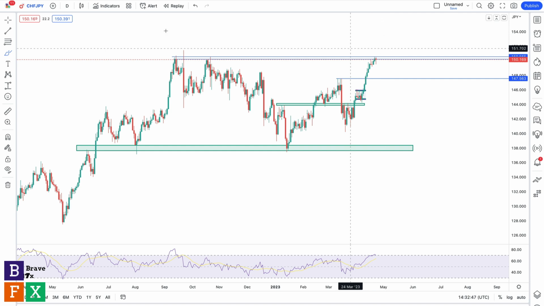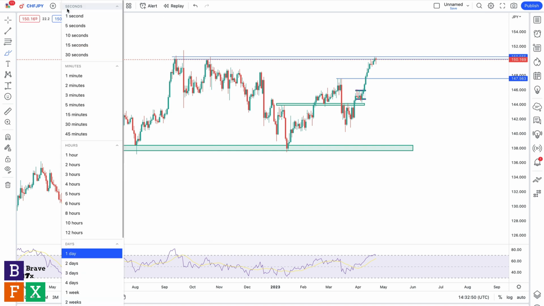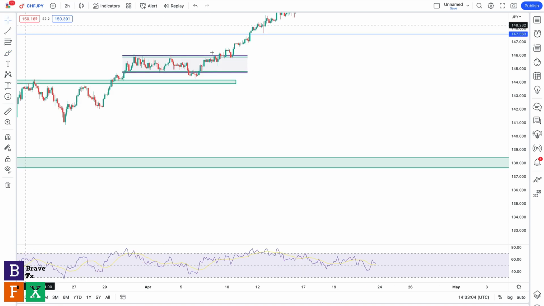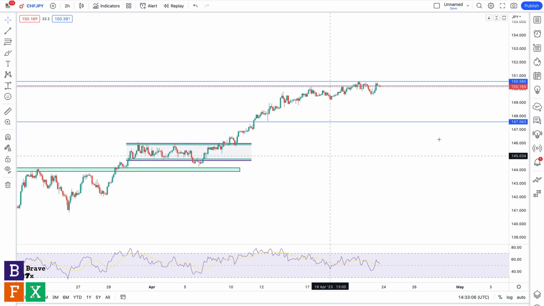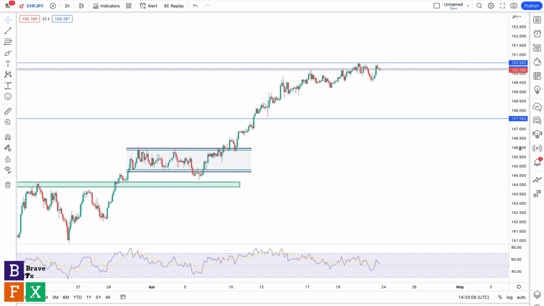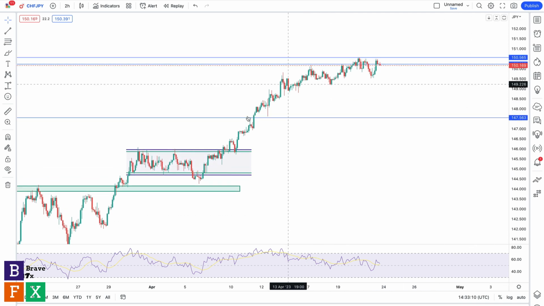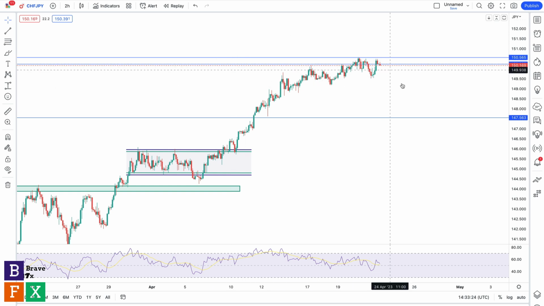Okay, going down to the lower time frame, I'm going to use the 2 hours time frame for example. As you can see on the 2 hours time frame, the movement into the resistance level wasn't a sharp movement. We had a slow grind into the resistance level, creating a series of higher lows and higher highs, right? So in order for us to get a good entry for a short position, we would have to see